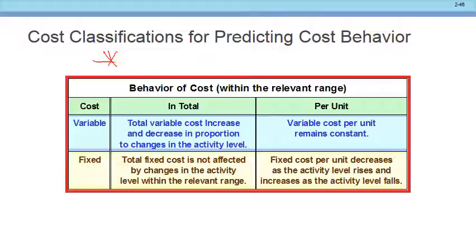If I went from 3 sandwiches to 2, the variable cost would decrease, wouldn't it? So the total variable cost goes up or down with the level of production. Notice that the variable cost per unit stays fixed, doesn't it? The variable cost per unit is $1 per unit regardless of how many sandwiches I produce, right? So while the total variable cost increases and decreases with the number of units, the variable cost per unit is always the same, isn't it?